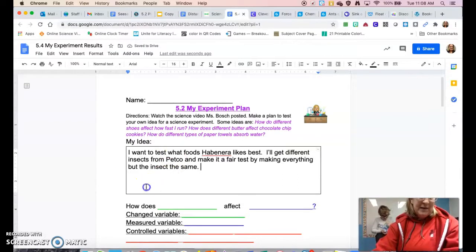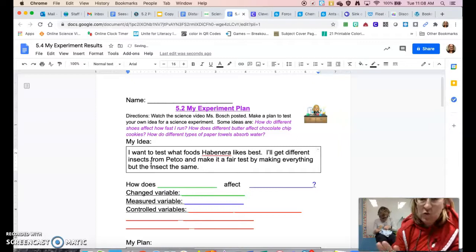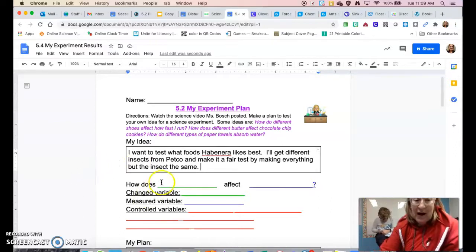Okay, in the My Ideas section, what is habanero doing? Trying to crawl out. Oh, don't let her crawl out. Keep her there. So, fifth grade, in the My Ideas section, just put your ideas in your own words, fill it in on Notability, and you don't have to phrase that one just right or anything. And then you come down to how does affect. So in this spot,